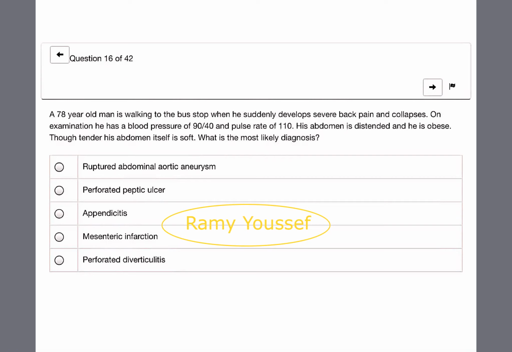Okay. I think ruptured aortic aneurysm. Okay. Why? Shock and